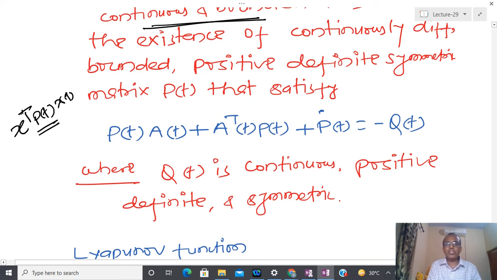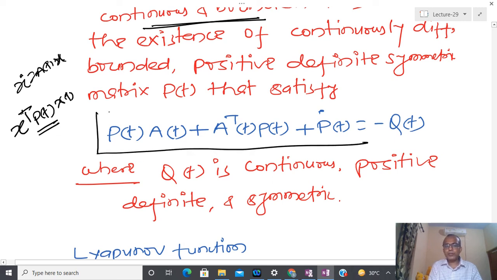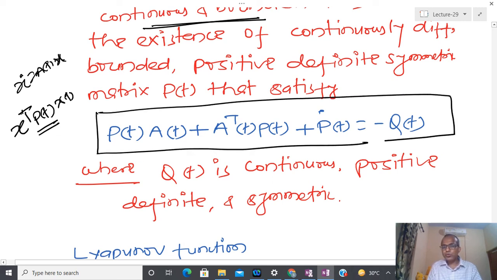If this is not continuous, then I cannot take the derivative. Okay, so now after defining this and by taking V dot for this particular time varying system, we have developed the Lyapunov theory, and after that this kind of Lyapunov equation comes into the picture. And it is possible to show that this Lyapunov equation has a unique solution provided this matrix A is bounded and